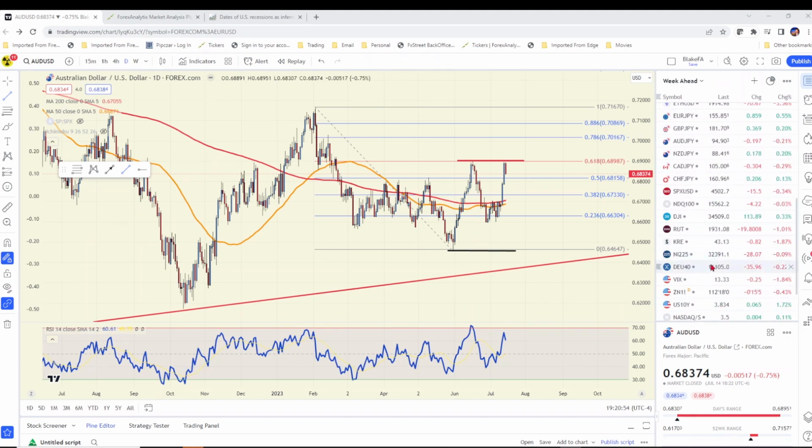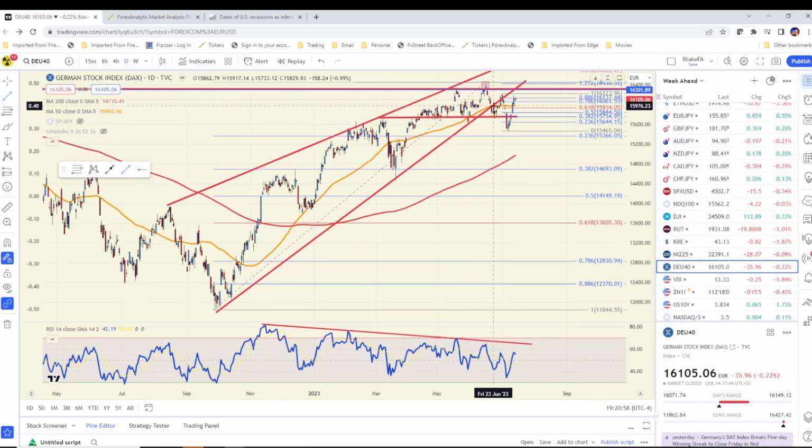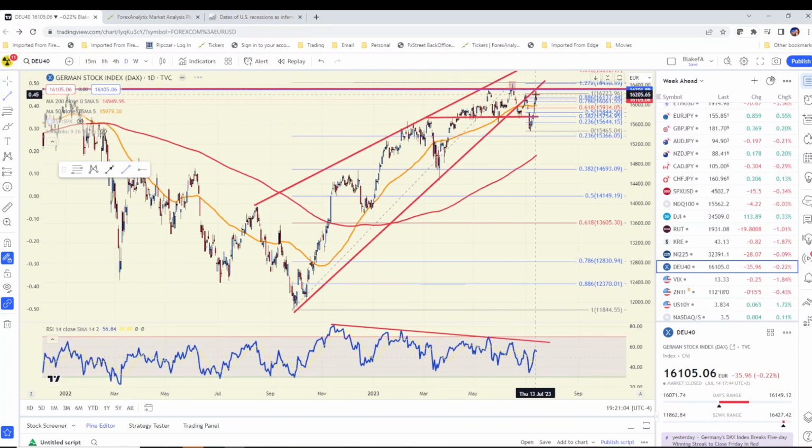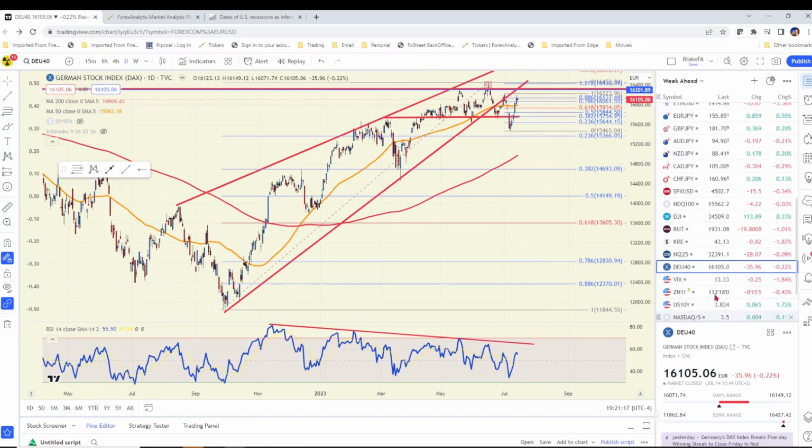And since we do have earnings, I want to go back to the DAX. The DAX, remember, we came out of an ascending wedge. Relative strength is still divergent. We're back up towards those previous all-time highs, the underside of this wedge too, which could offer some resistance up here. You just have to be really careful on the long side of the DAX because it is underperforming.